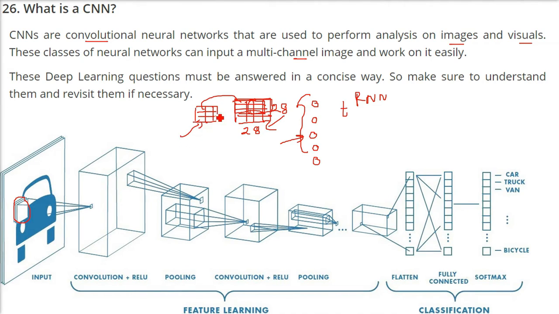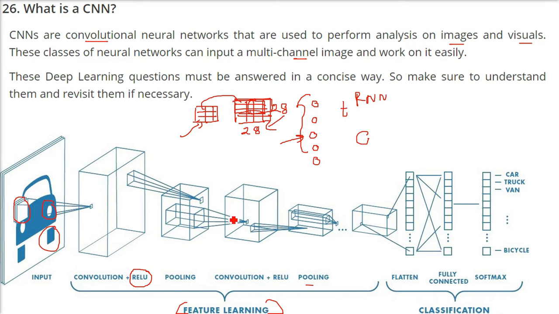And then this convolution, along with a function, say the ReLU function, is applied, and then the pooling is done. See, pooling, max pooling, etc. is done because that much data has to be contracted. Then again it can be done, for example convolution, ReLU, then pooling, so multiple times it can be done. This is the part where feature learning happens, because an image has different features.